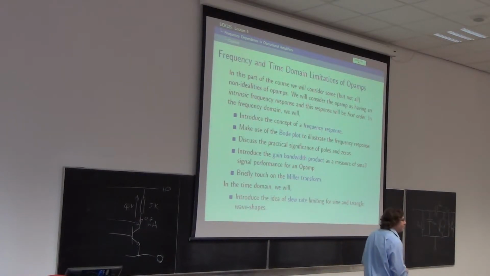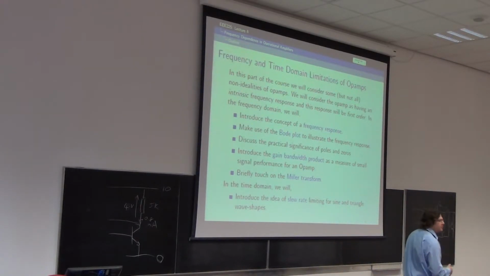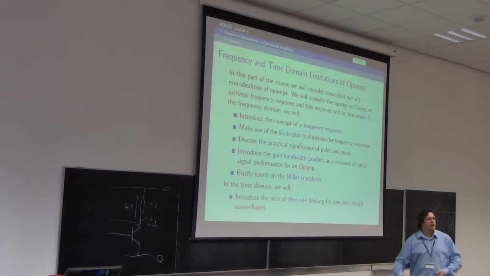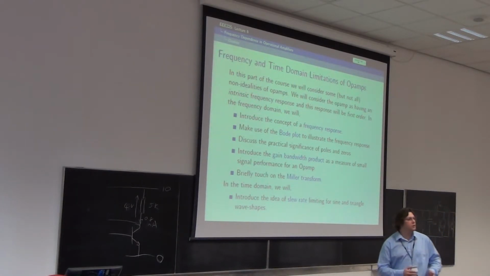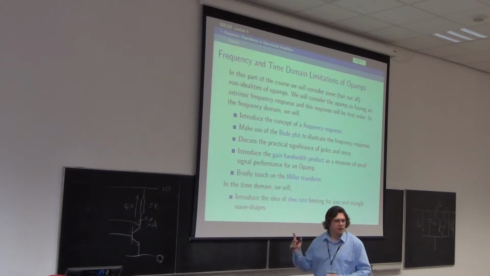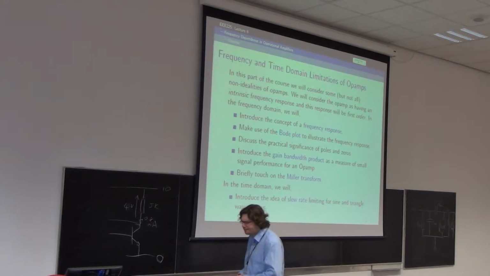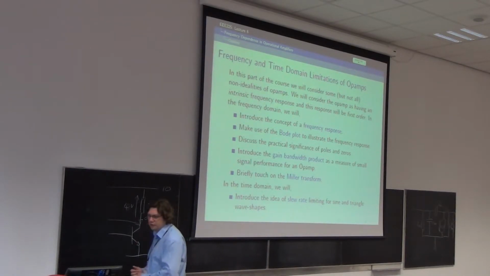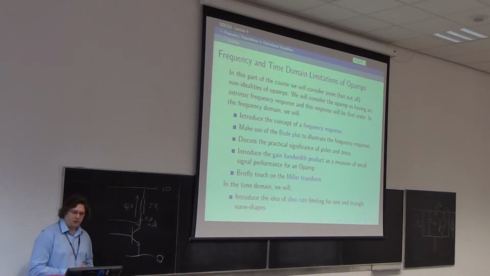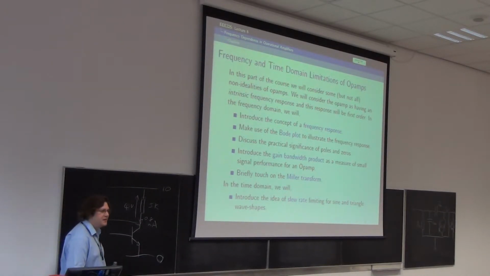Having been in the amplifier lab, you'll know that there's a gain bandwidth product. That is to say, you can have a certain gain and get a bandwidth, and if you decide that you'll accept a lower gain, you can get a bigger bandwidth, and if you need a higher gain, you'll have to accept a smaller bandwidth. And we will discuss the reasons why that is the case in the next part of this course. We will also have a bit of a chat about frequency response, Bode plots, the significance of poles